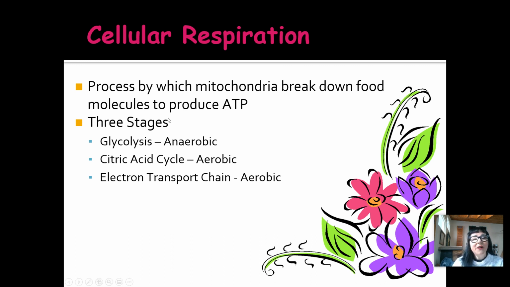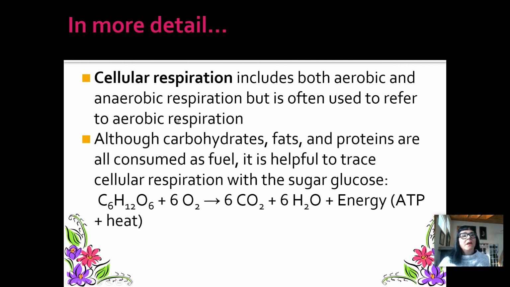this final step. All right, so keep in mind, and we talked about this last time, but I want to make sure that you're clear. The term cell respiration does refer to aerobic, which is using oxygen, and anaerobic respiration, which does not use oxygen. It uses other chemicals. But oftentimes when we just say cellular respiration or cell respiration, we're referring to aerobic respiration. So unless I say otherwise, if I just say respiration or cell respiration in this video, I'm referring to